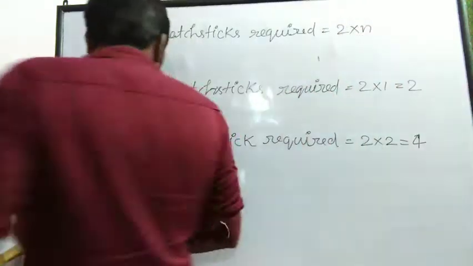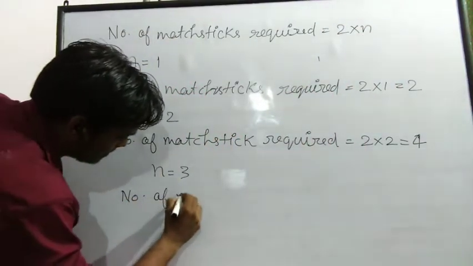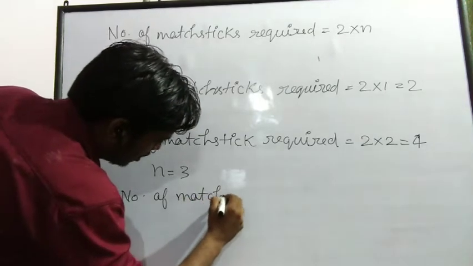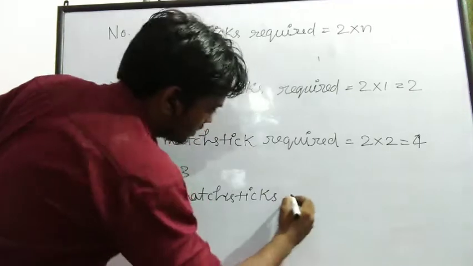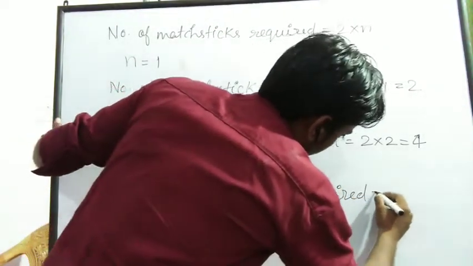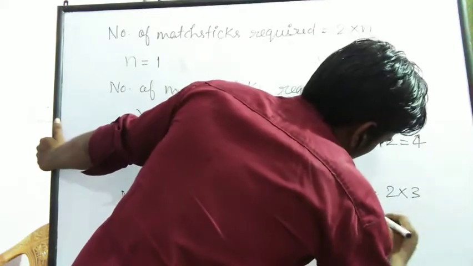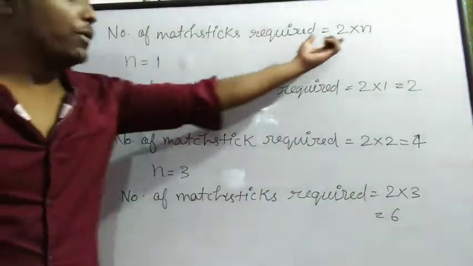So see, the number of matchsticks required to form 3 L is 2 into 3, that is 6. With the help of this formula,